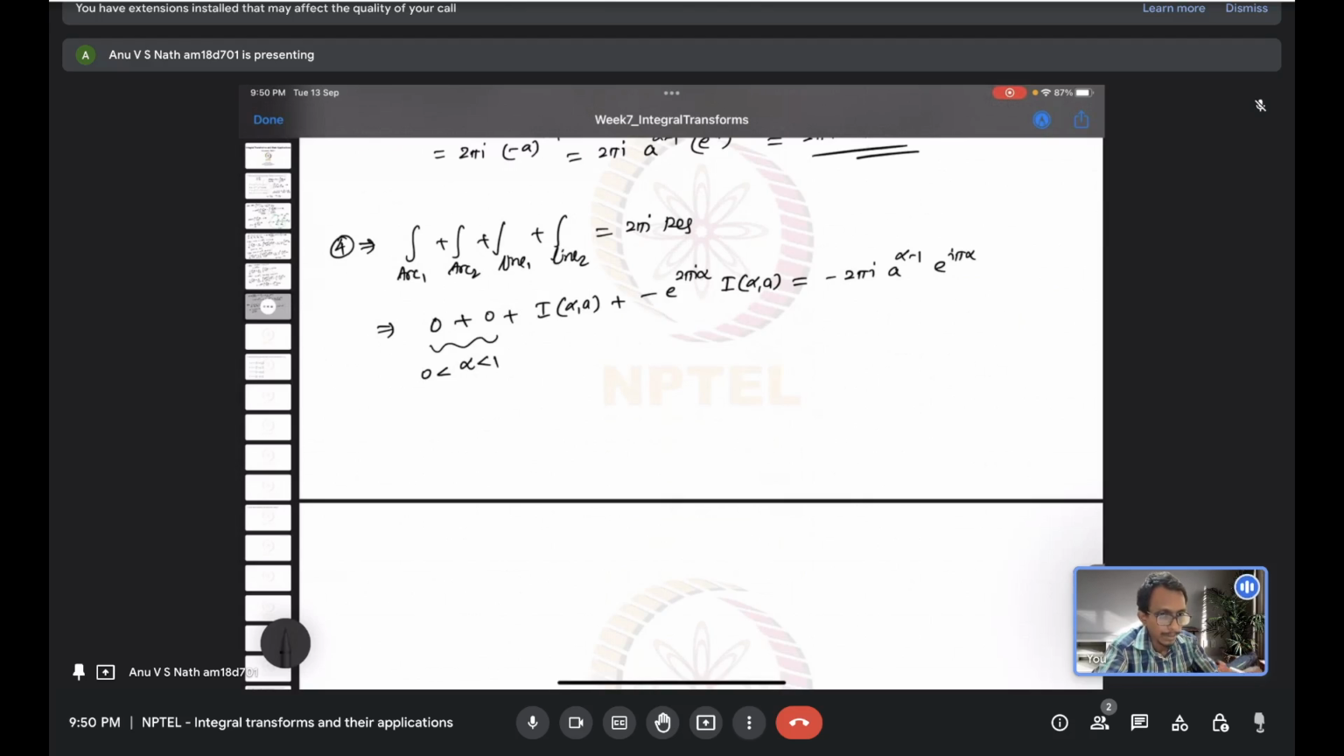But if it is lying outside this interval, you may not find a finite result. I mean, maybe it is a diverging quantity. So yeah, let us group this. We will find this integral I of alpha comma a times 1 minus e raised to 2 pi i alpha,